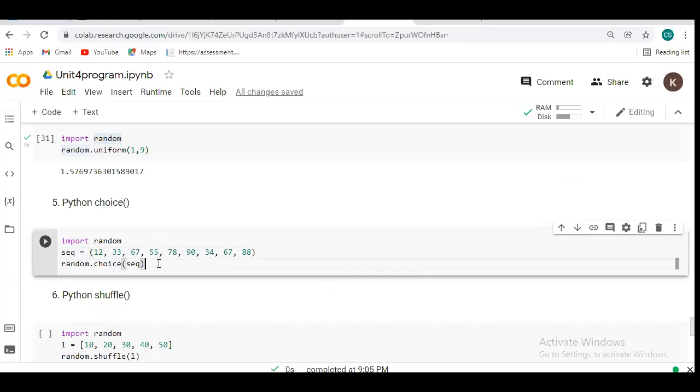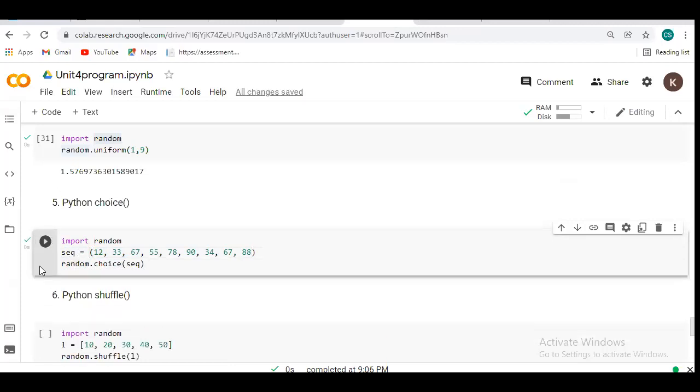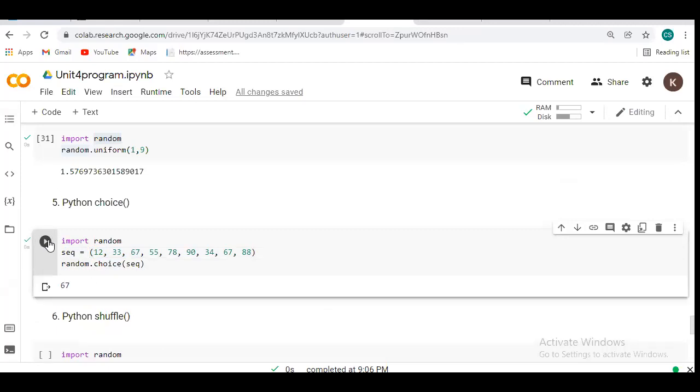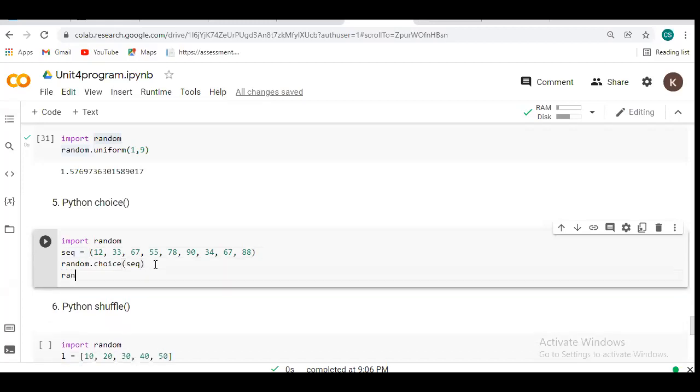Any one of the numbers. Any one of the numbers, because we don't know what will be printed. It will print 67. Okay. Now here it will print 67 every time, because once I compile, it will print. Suppose I take one more time, that is random.choice of